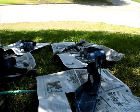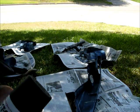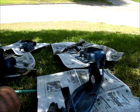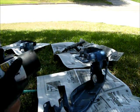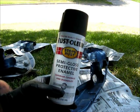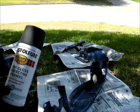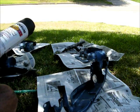Alright, now I'm going to paint my tins. I'm just doing a rattle can paint. It's not going to be perfect. I'm getting new tins next year. But for right now, I don't want them blue anymore. I'm going to paint them satin black. I use this Rust-Oleum satin black. And then on my manifold,